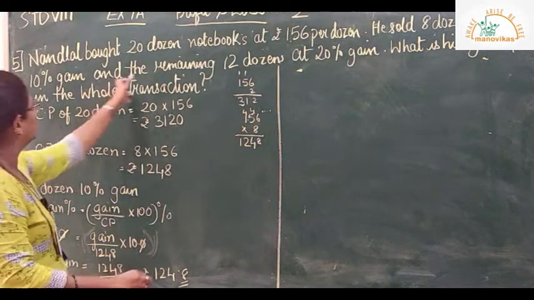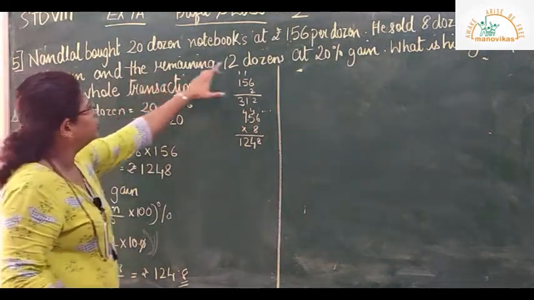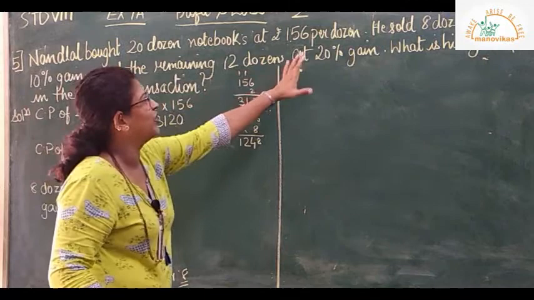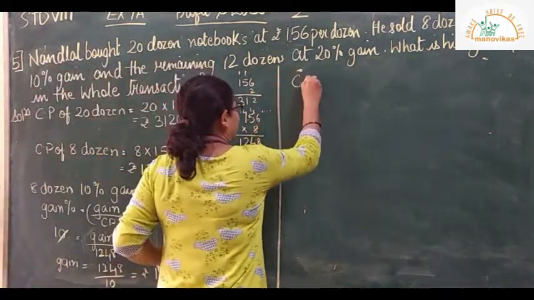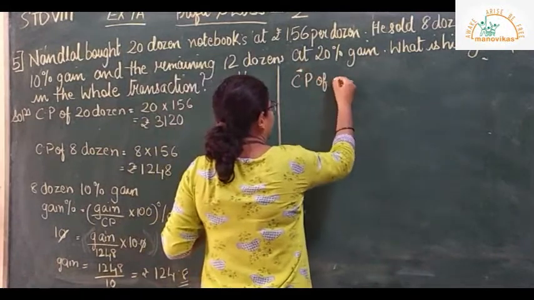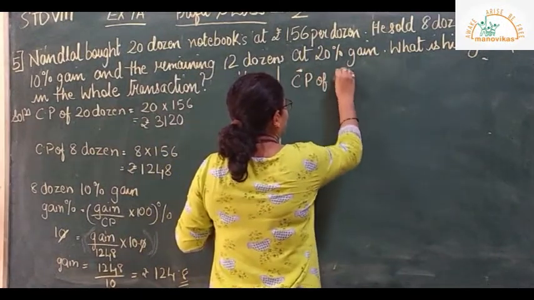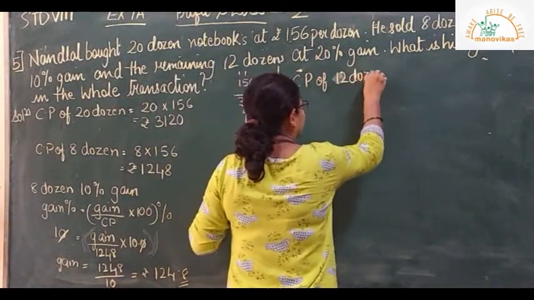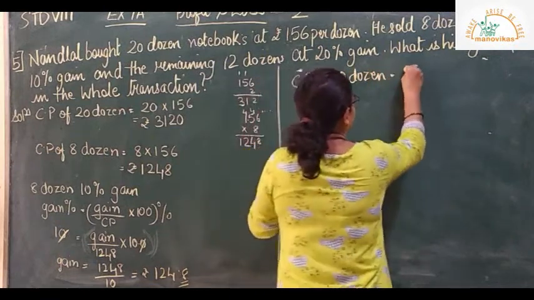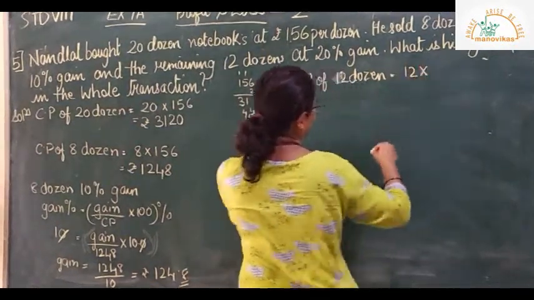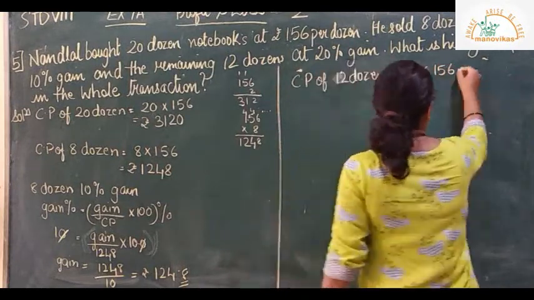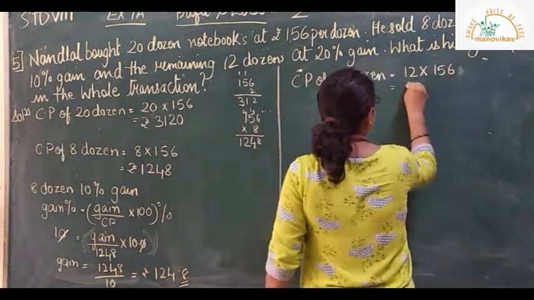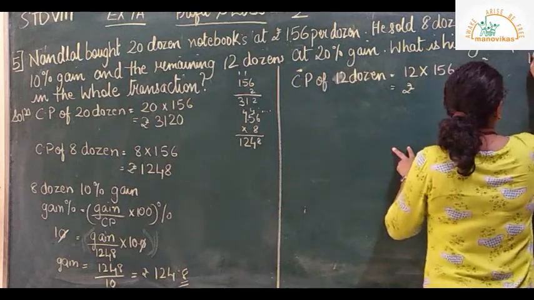Now we move on to the next part: the remaining 12 dozen at 20% gain. So let us find the cost price of 12 dozen. Cost price of 12 dozen, which is 12 into 156. Okay, so I get it as 156